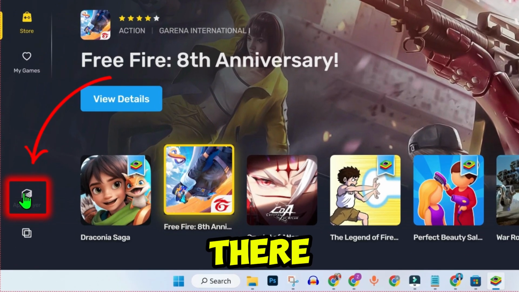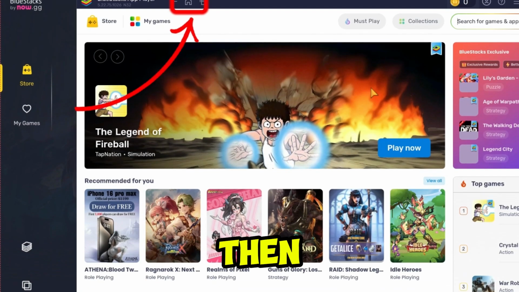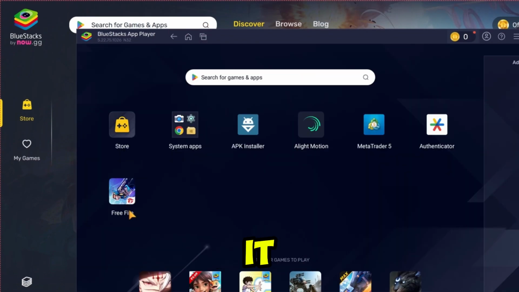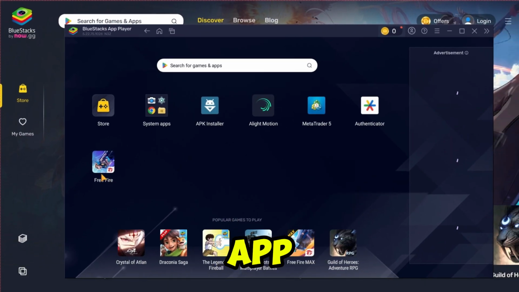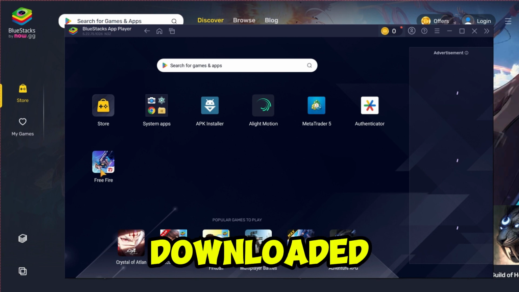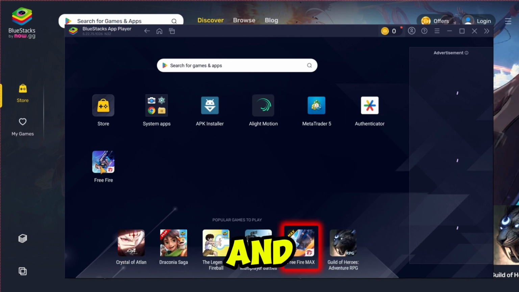Click on that App Player that you will see on your left side. Then click on the home button from your header. It will open up like this, the BlueStacks App Player. You can see here I have already downloaded Lightroom, Authenticator and Free Fire on my